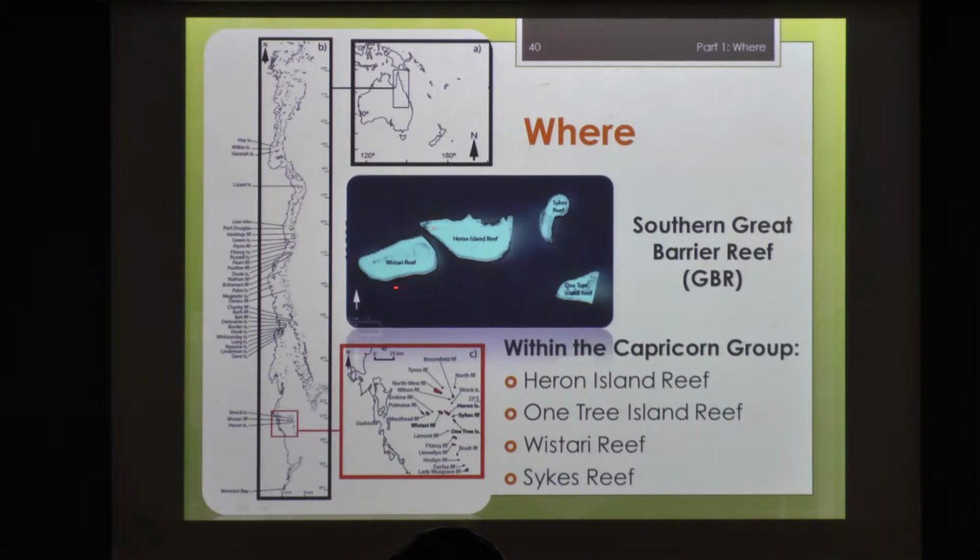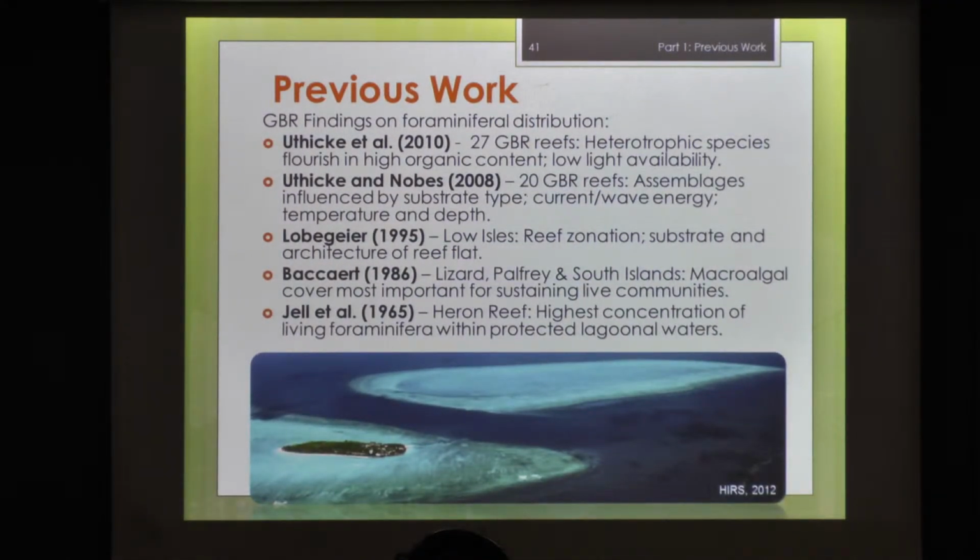So these are the 4 reefs I studied: Starry Reef, Heron Island, and Sykes Reef. These 2 are actually joined by an old cast platform, and then we have One Tree Reef down the bottom. So I looked at previous work because, as I said, there was lots of work already established on